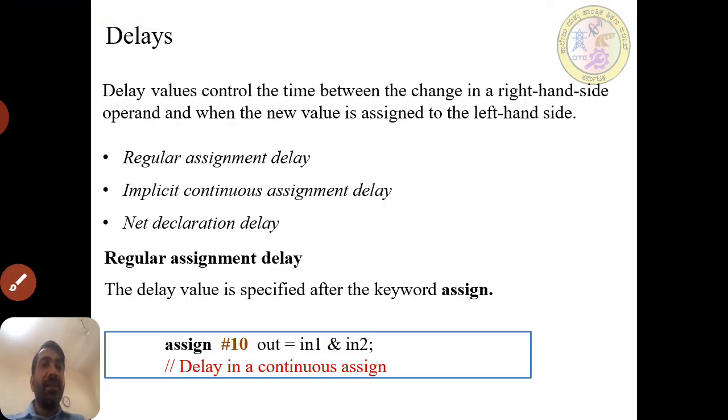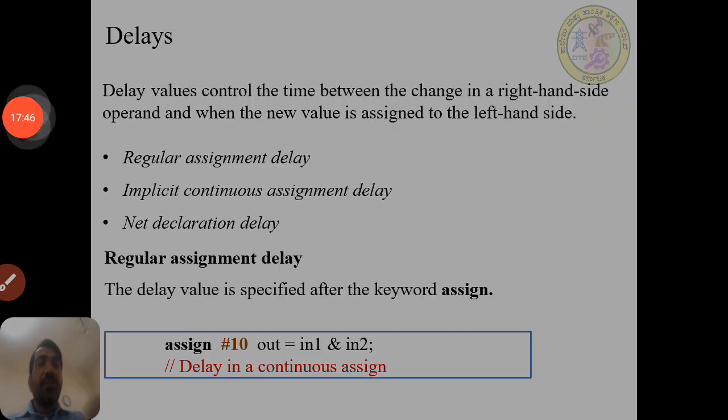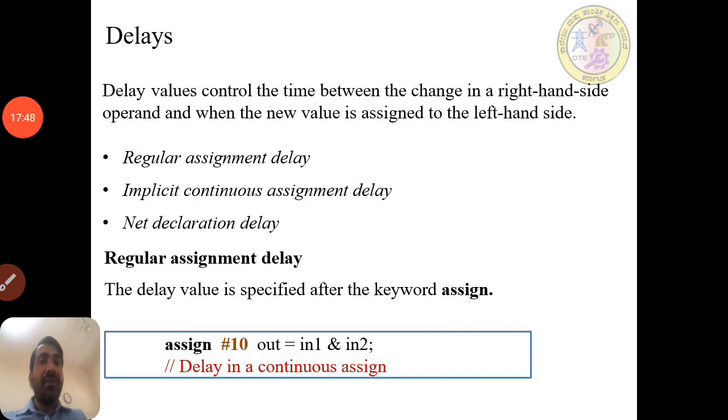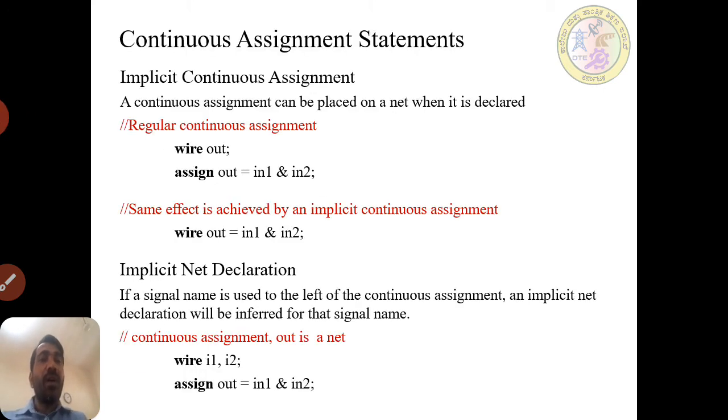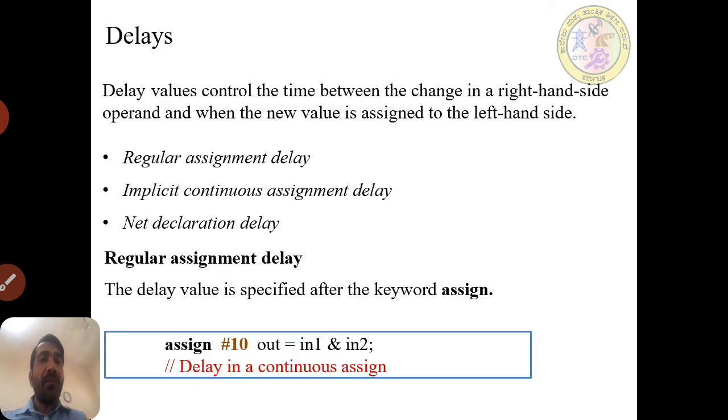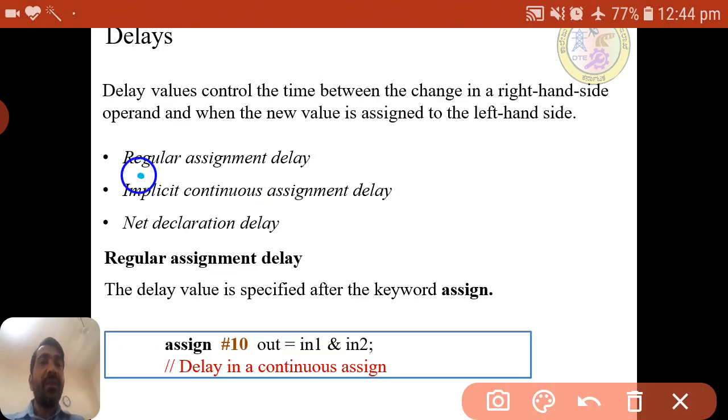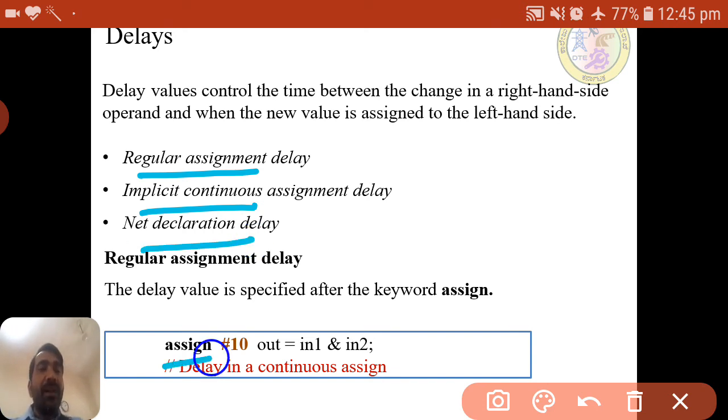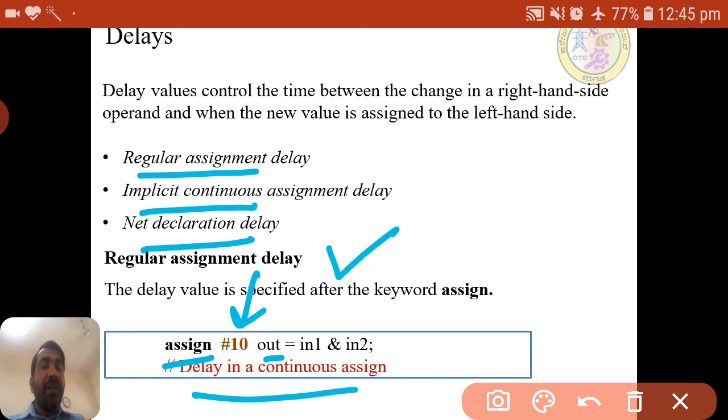The next one, delays. Whatever we have seen in the previous sessions, the same delays. Here, how to assign the delays. There are 3 types: regular assignment delay, implicit continuous, net declaration. In the regular assignment delay, we mention the delay after the assign keyword, before the output variable: assign #10 out equal to in1 and in2.